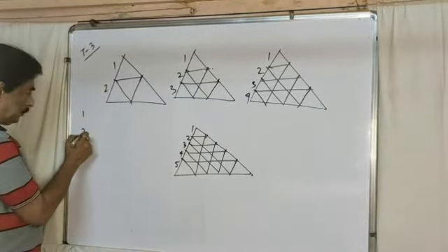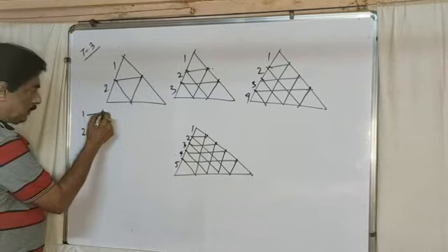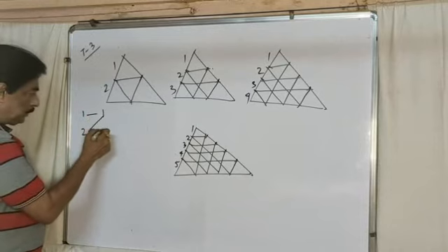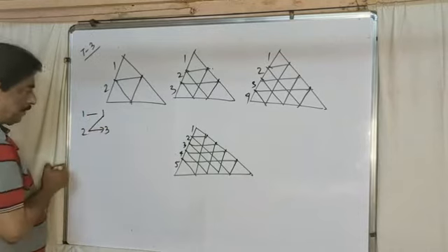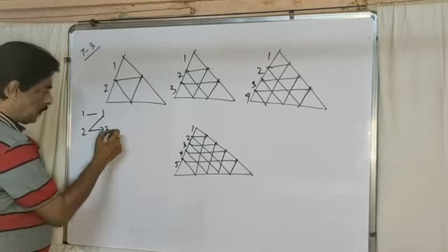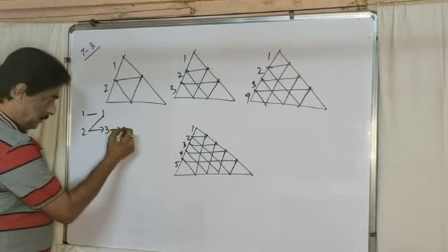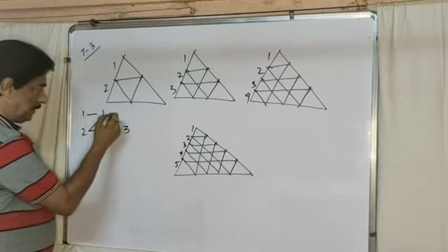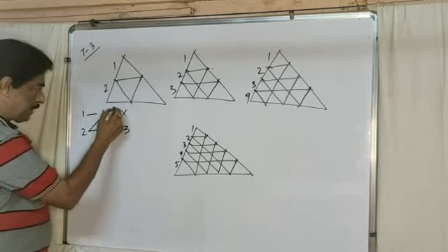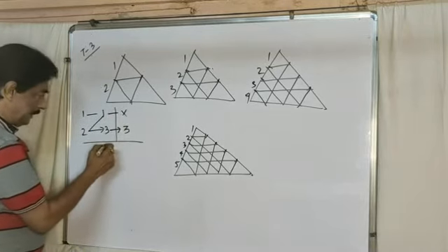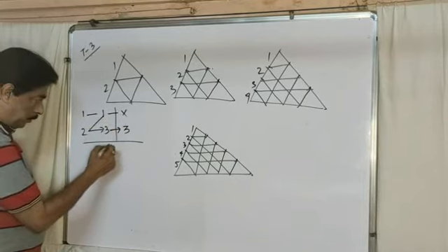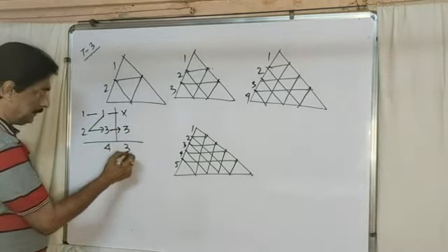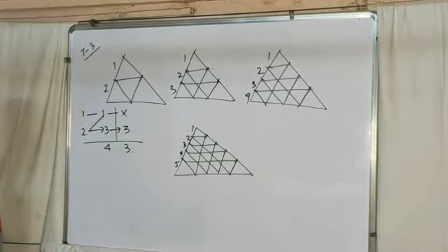First write 1, then 2. Then write 1. 1 plus 2 addition is a 3. Now result. Go right side, copy 3, skip 0. If I add this number, this is 4 and this is 3. No, this is not the rule. Again, you have to check the rule first.